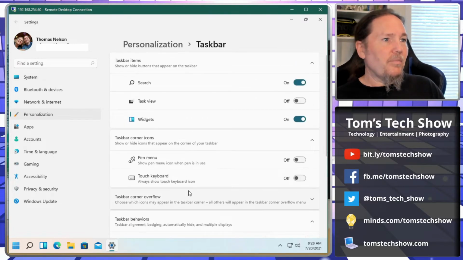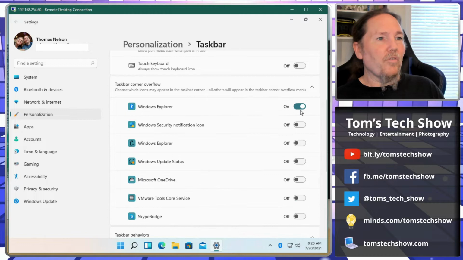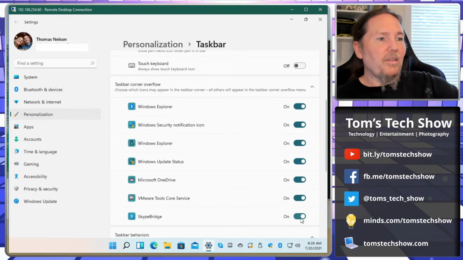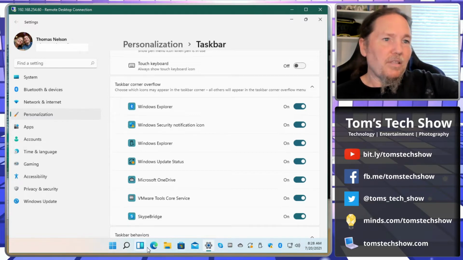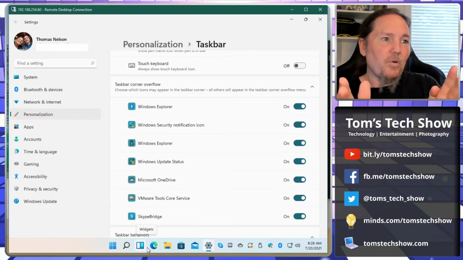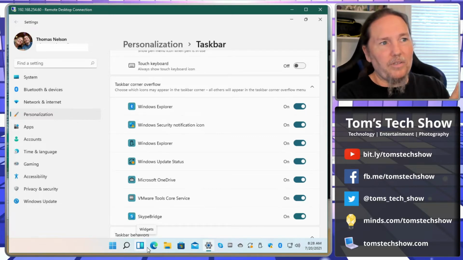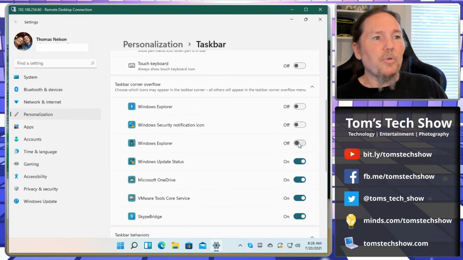So the other problem that I see is once this overflow thing from the system tray starts going over, then all this stuff starts to move to the side, and you start launching programs, and the thing starts floating to the side. And now it's not in the center anymore. It's kind of half cocked over to the left a little bit.